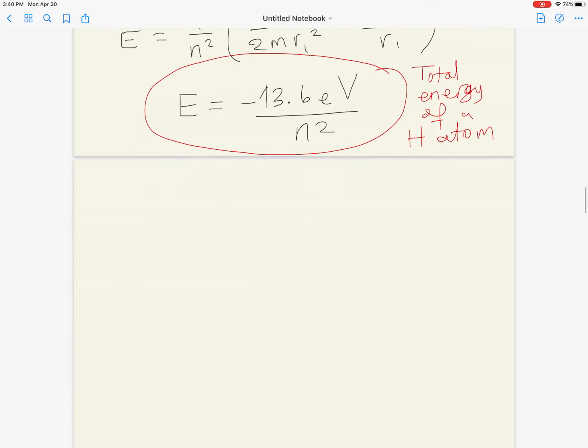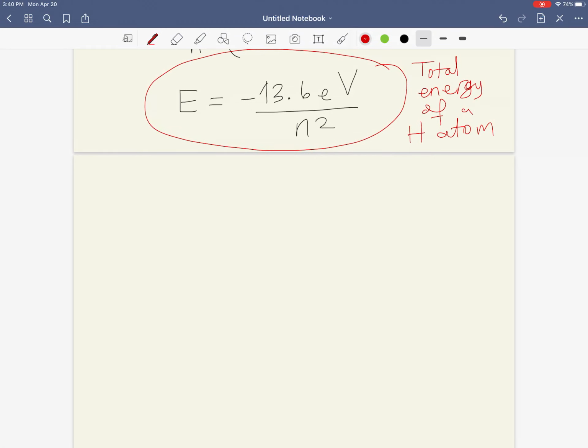All right, let's make a couple of very quick observations before we do anything with this. This negative sign here is very important. The negative sign is an indication of the fact that the electron is bound to the nucleus, so that to remove the electron, you have to add energy. To remove the electron, to make it free, is to say that the electron goes from some energy to zero energy, where its kinetic energy is not moving very fast. So to remove this, you have to add energy. So the first point that I wish to make here is that